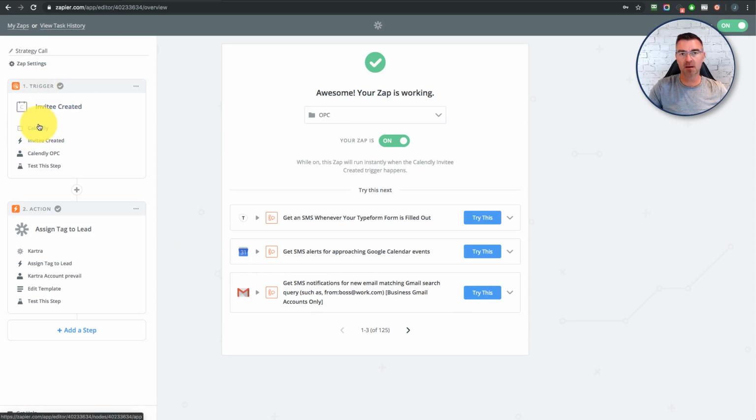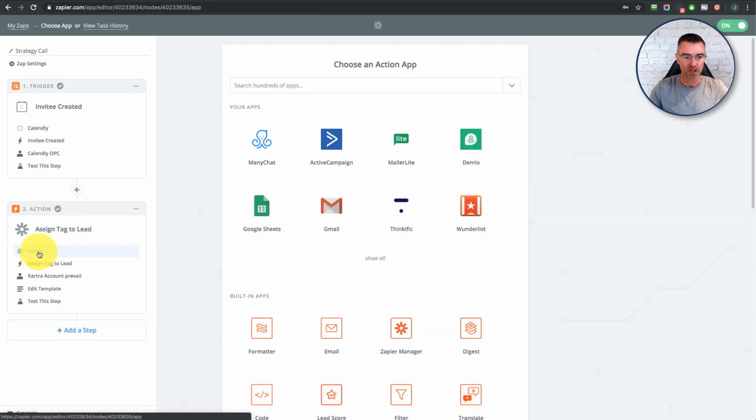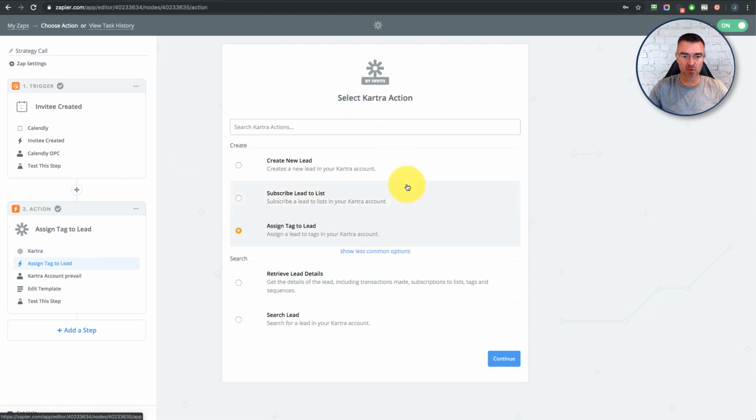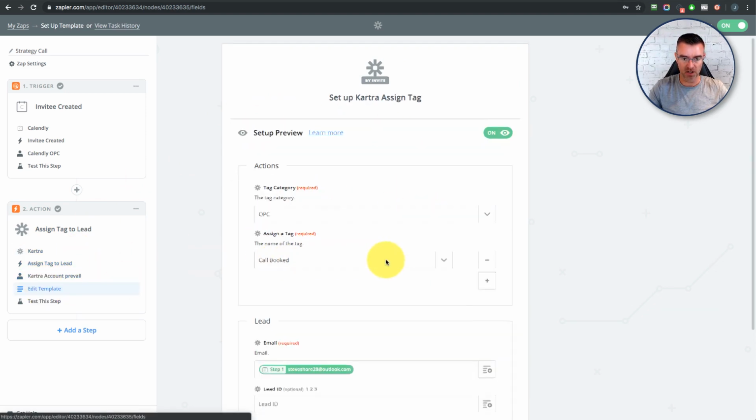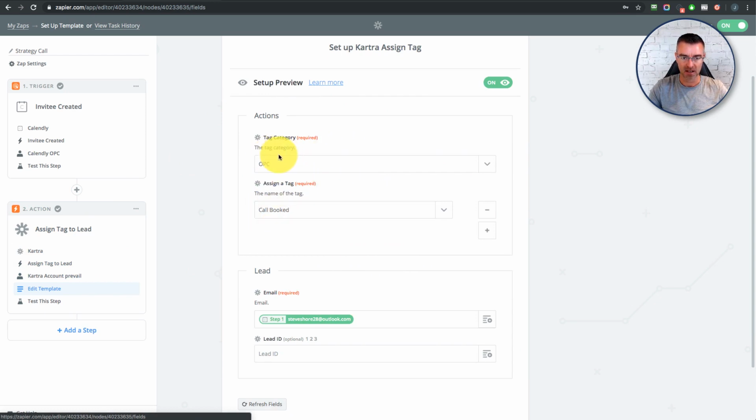The trigger this time is Calendly, and when somebody actually goes and books a call, then we're going to assign a tag to a lead in Kartra. So again, we would just type in Kartra here and then assign a tag to a lead of our choice. And then we can edit the template and choose which tag it is. This will just talk to Kartra, bring up all of your tags, and then you allocate a tag to that